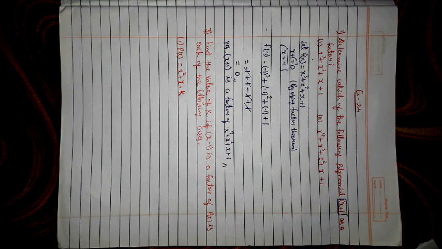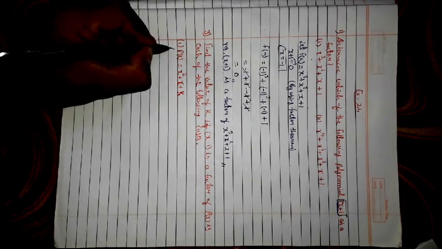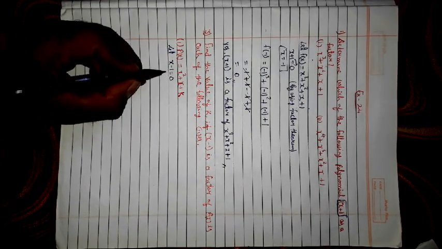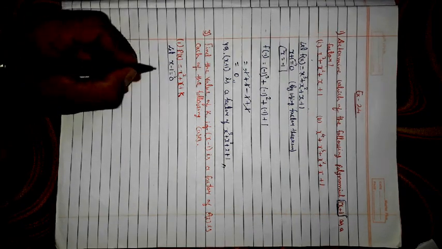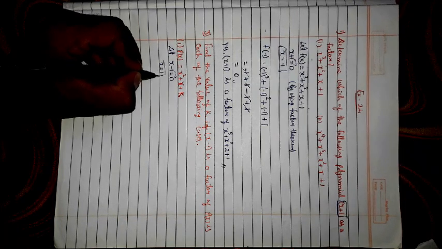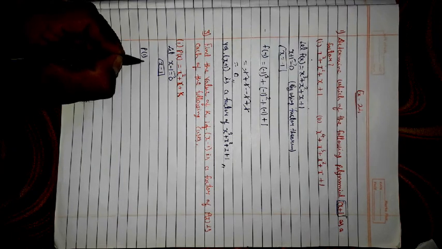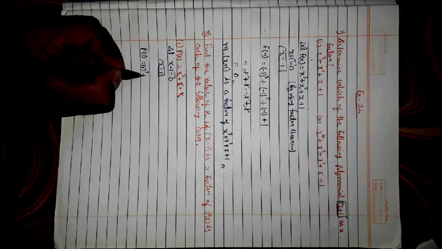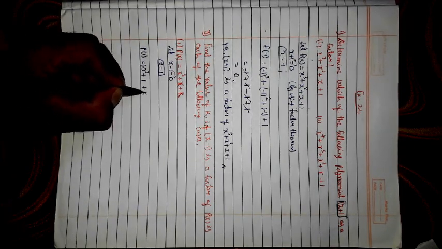Whenever the factor is given, we have to take the factor equals to what? 0. So let x minus 1 equals 0. Why have I taken it 0? Because it is a factor. So we can find the value of x. The value of x would be plus 1. Now I have to put this value here. So p(1) equals x square, which means 1 square, then again I have x, so I put 1, and finally I have the value k.